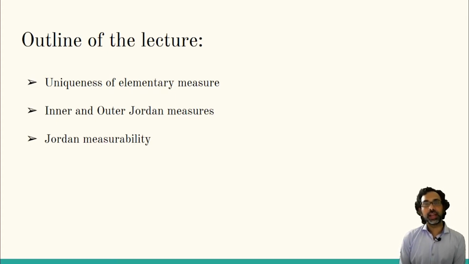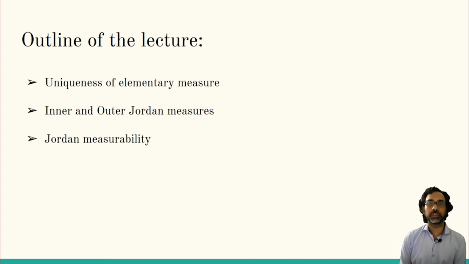So in that sense, our elementary measure is the unique measure up to normalization by a constant, which satisfies non-negativity, translation invariance, as well as finite additivity. This fact will be useful later when we